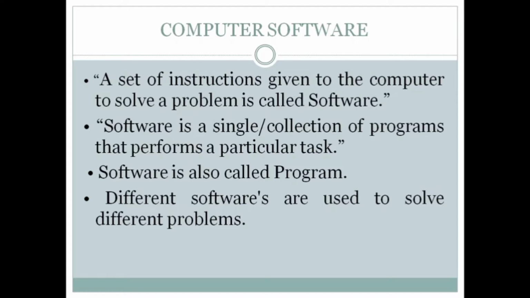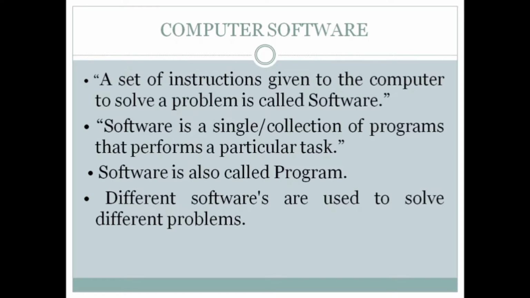Suppose if we want to perform a typing task, or if we want to write something like application stories, then we have MS Word software. If we want to perform calculation over data, then we have MS Excel. If we want to create any presentation, then we have PowerPoint. For other things, like drawing, we have Tux Paint and MS Paint. So it shows that to perform each particular task, we have a separate software.